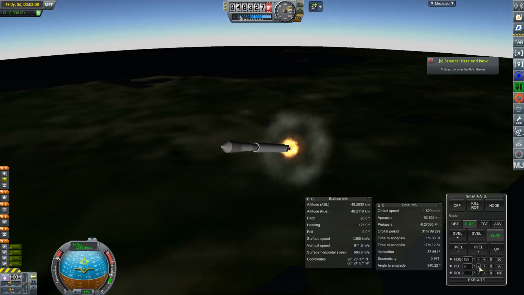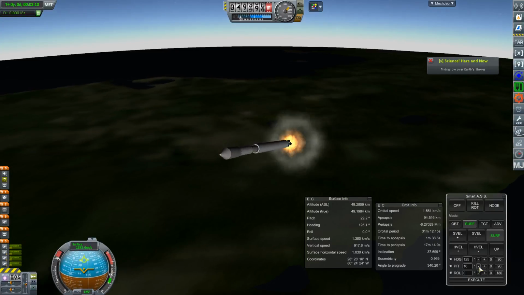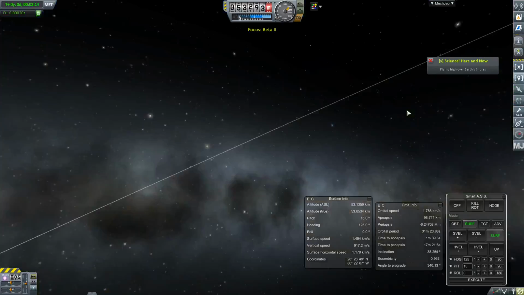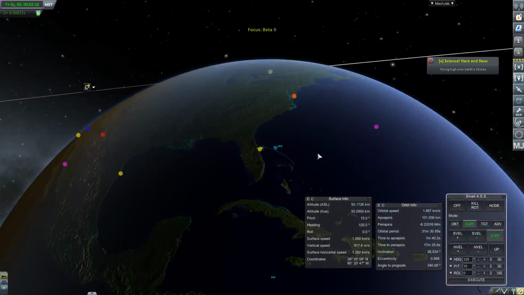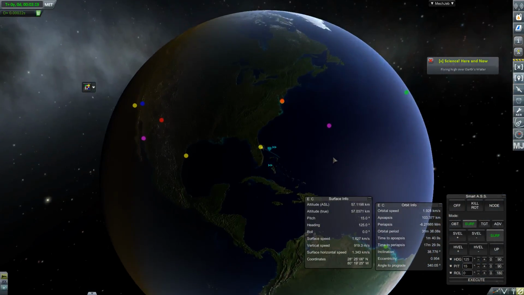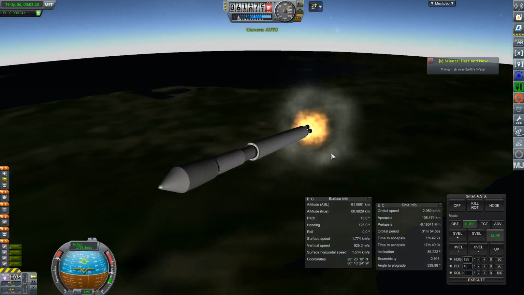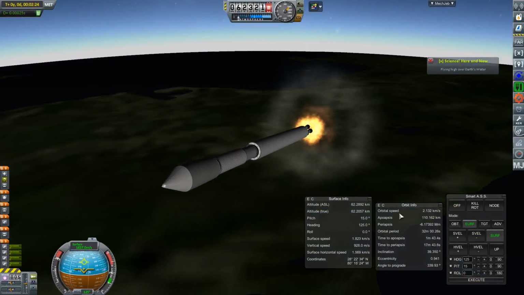Let's see, so there you go. Apoapsis is nearing 100, so I'll just decrease this down to 15 until that gets up to about 120, 130, I think. Let's see, how's this looking? Ooh, looks like I need to be going a little bit more south. So, let me,